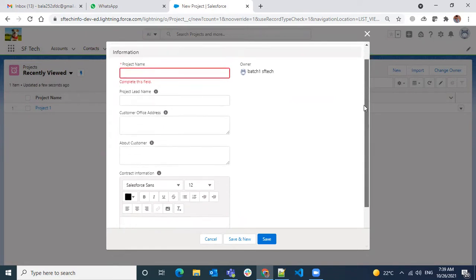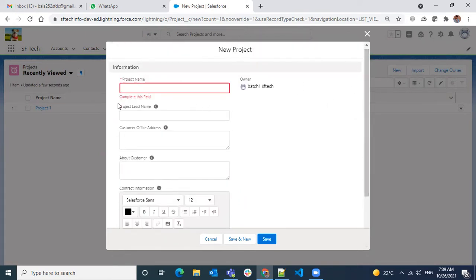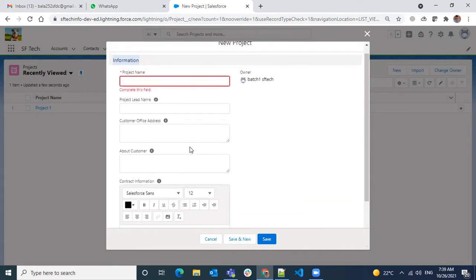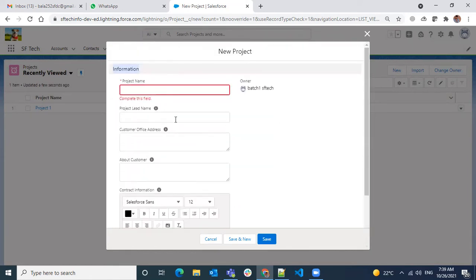And if you feel that these fields are not together, we need to group these fields into some sections. So we have seen only one title saying Information, but these are not all information. Something is related to the company information, something is related to the project information. So we need to split this whole section into different sections and arrange these fields. So how can we do it?